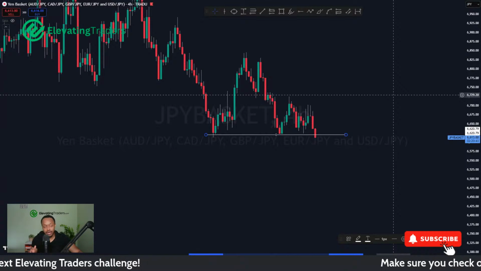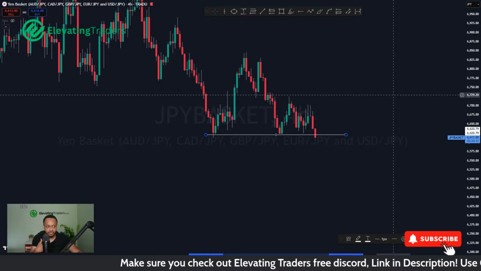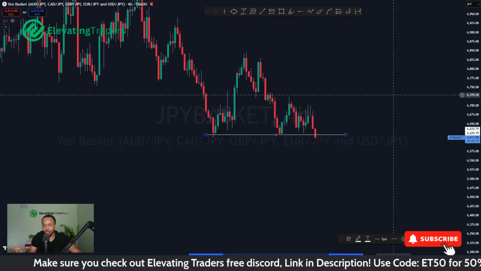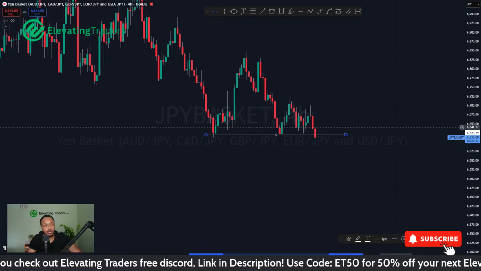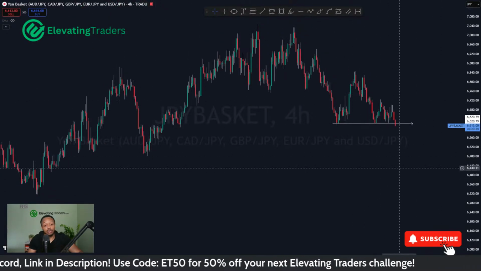I like to always base my judgment, my decisions on closed candles, because at least I can see what that candle represents. I don't want to be basing off a bearish candle that later turns bullish. You know, it kind of defeats the purpose there a little bit. But yeah, we are looking pretty bearish here.